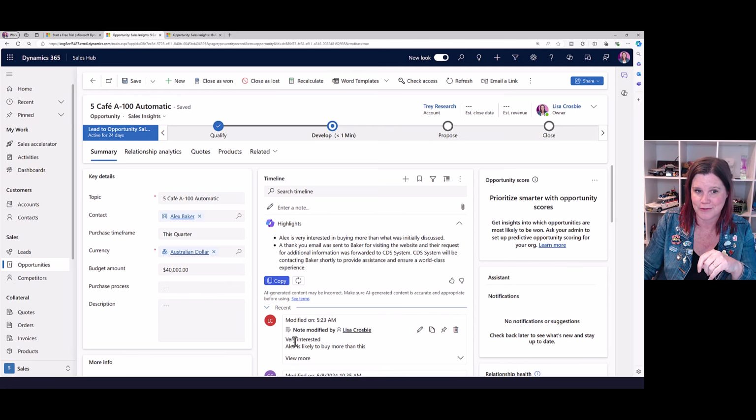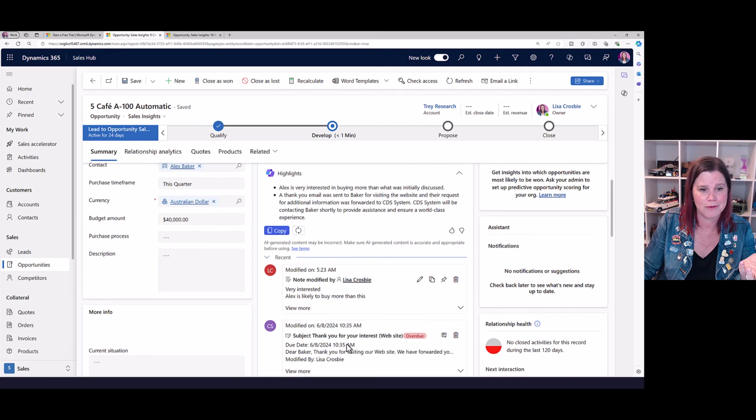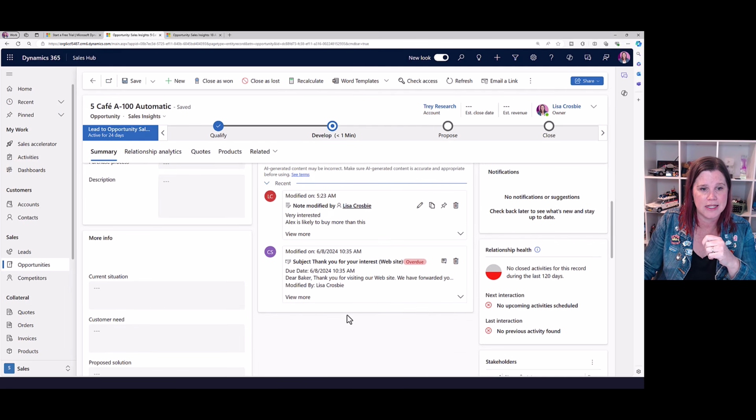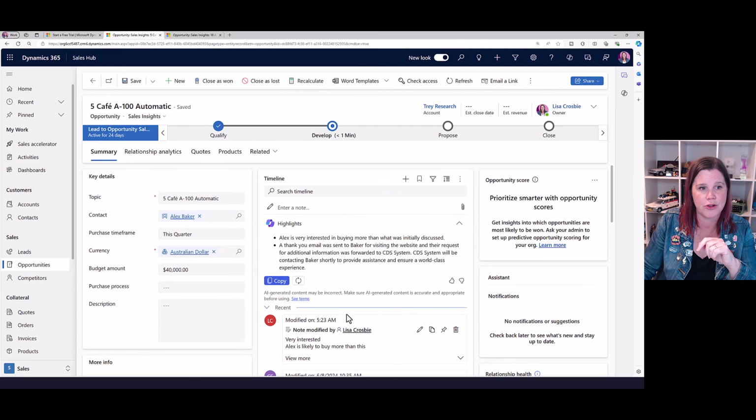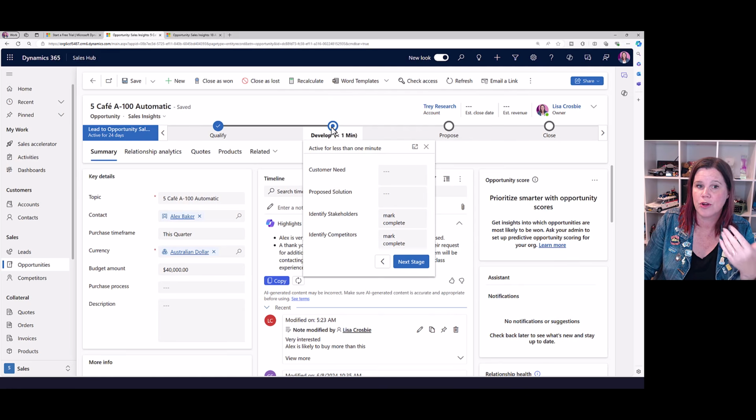There's my very sophisticated note here. Very interested. He's likely to buy, or she is likely to buy more than this. There is the email that we had earlier. And now we are past the qualify stage and into the develop stage, and we can work through the different